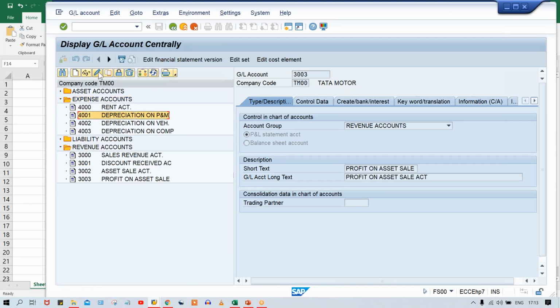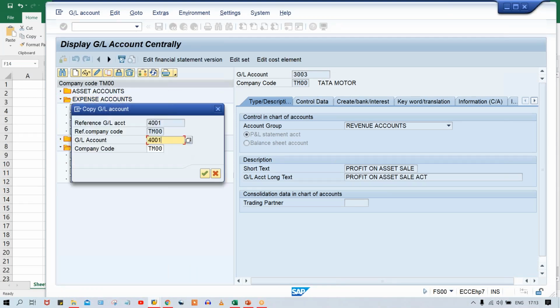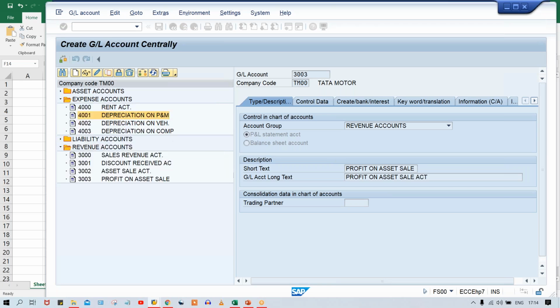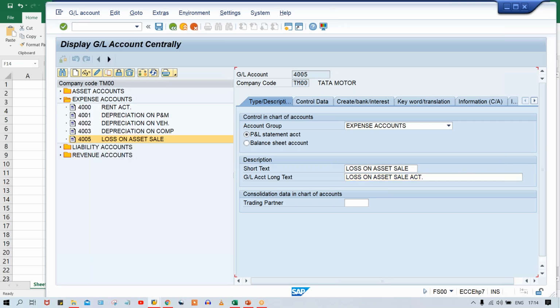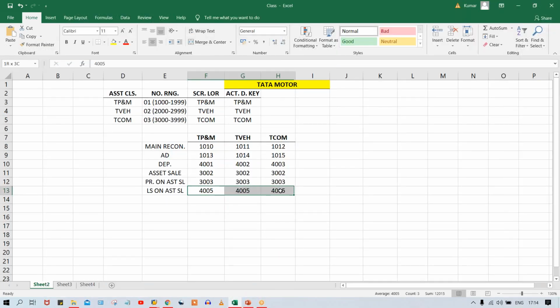Here we already have this GL account. Just copy any one and make it 4005 and Control S, and here we can make it loss on asset sale, and here account now text. So 4005 I have created. This common GL is going to be used by everyone. And now then we have